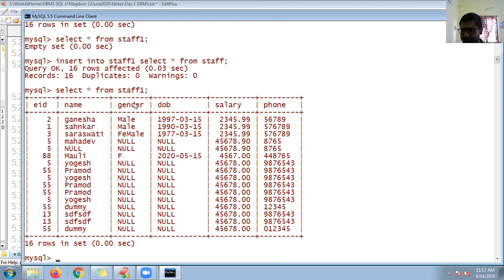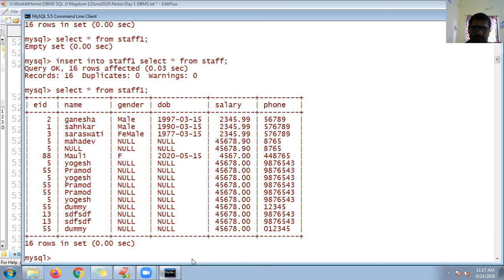Guys, then we'll go for updating now. First, in the copying, creating table, there was one more way.